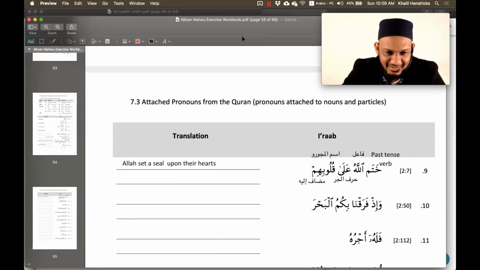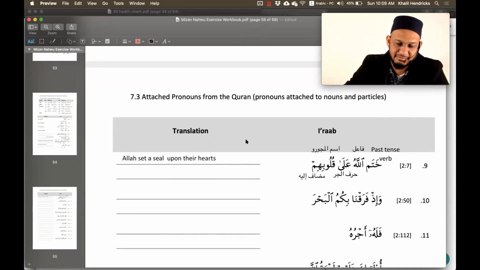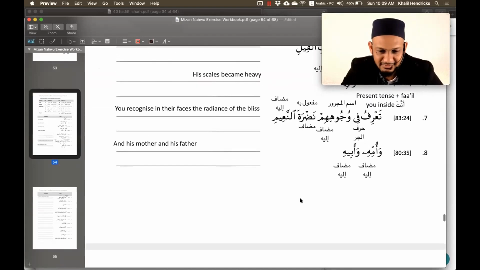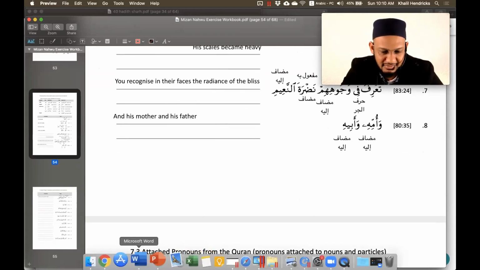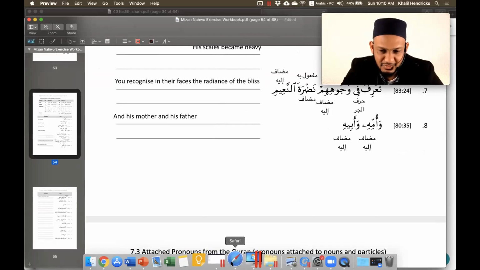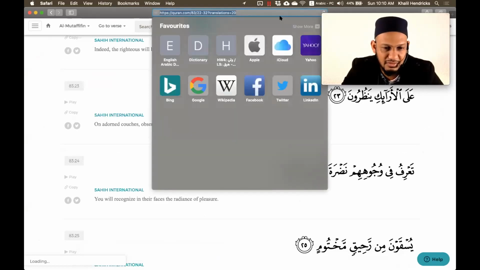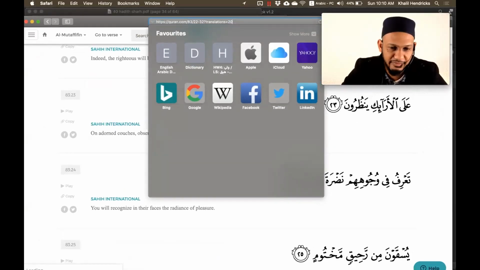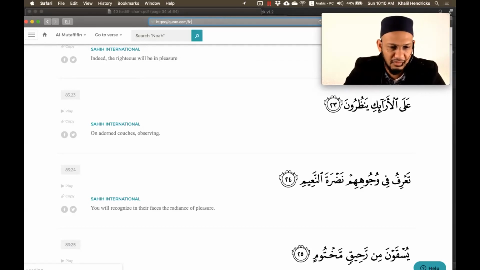Maulana, I had a question about the wa, please. For example, in line 8, the wa over there is an and, it's not an oath. If the wa is used as an and, is that not a harful jar then? No, it's not the harful jar. Let me pull it up for you, to show you the context. We haven't done that wa. That's a wa of conjunction, which we'll do soon, inshallah.